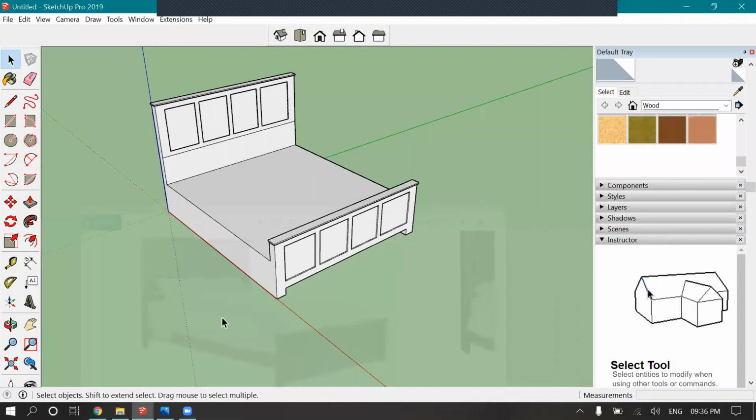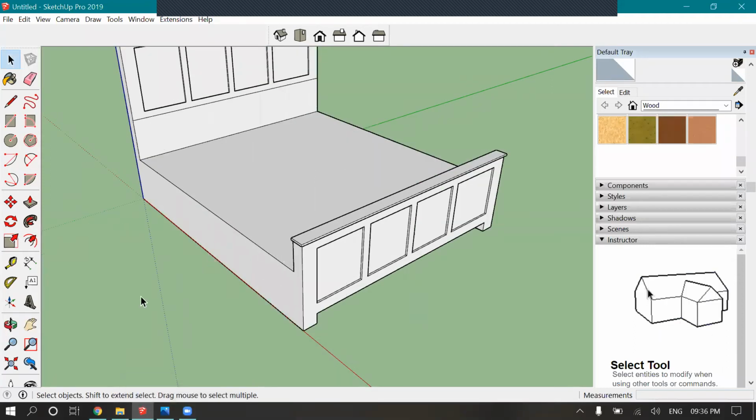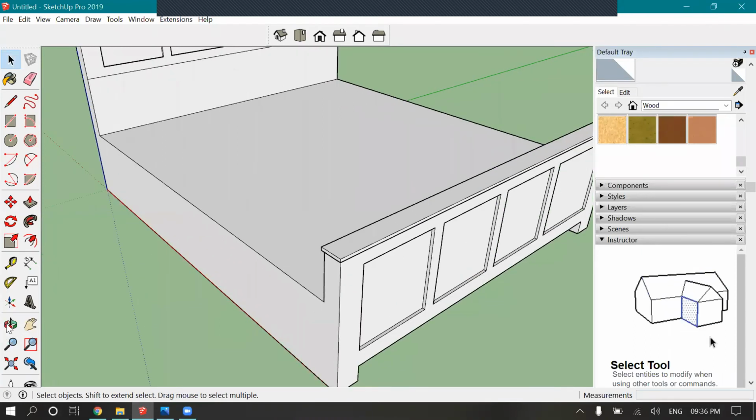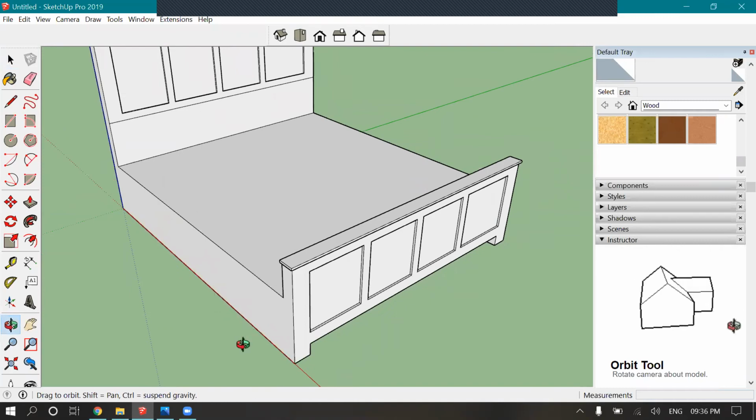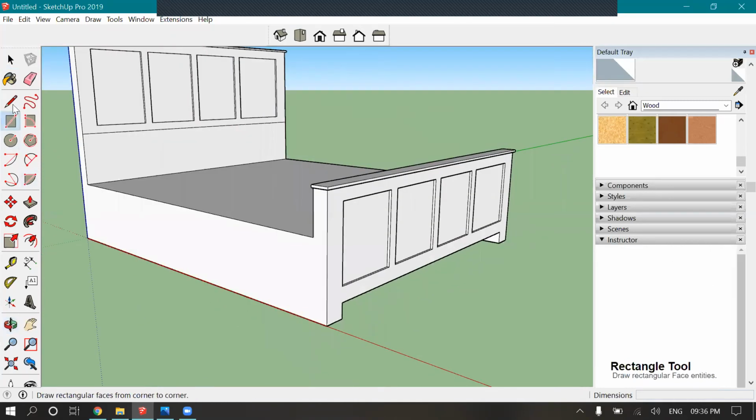4 inches. So let's make this straight. This one too. These are our legs.